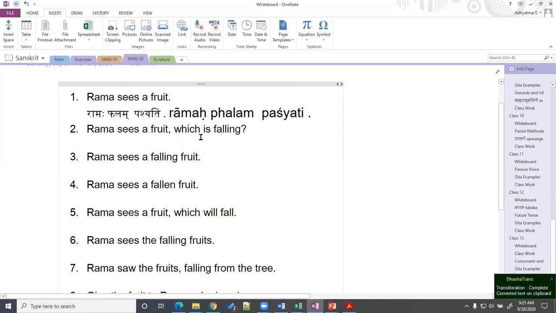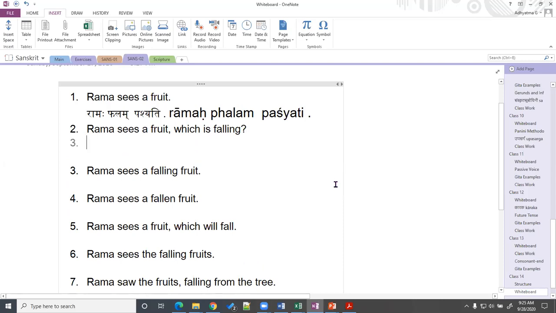Now if I say Rama sees a fruit which is falling. Maybe falling from the tree or whatever, but it's not mentioned here. It just says Rama sees a fruit which is falling. So how will you make this sentence? You will have Rama phalam pashyati. How will it change? So you will say the fruit which is falling,